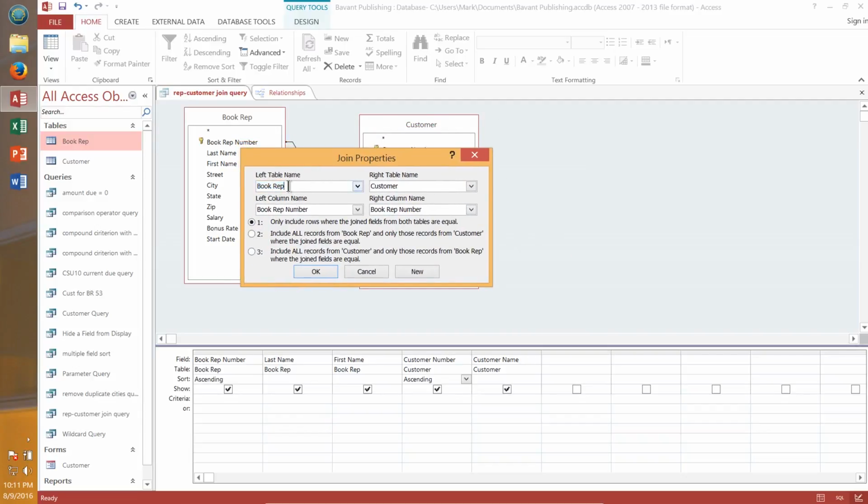On the left, which is correct, we have the book rep as the left table name. On the right is customer. Right now it says only include rows where the joined fields from both tables are equal, which basically means they must have a book rep and it must be linked to a customer. But wait, include all records from book rep whether or not they have a customer. Let's try option number 2. We'll click OK,